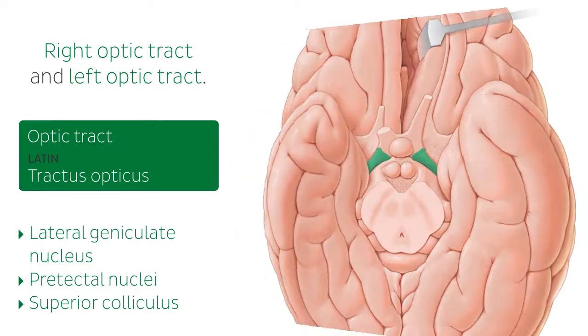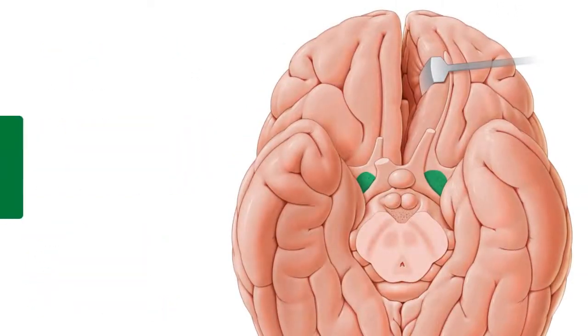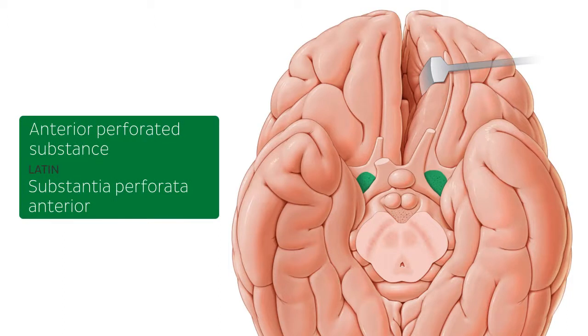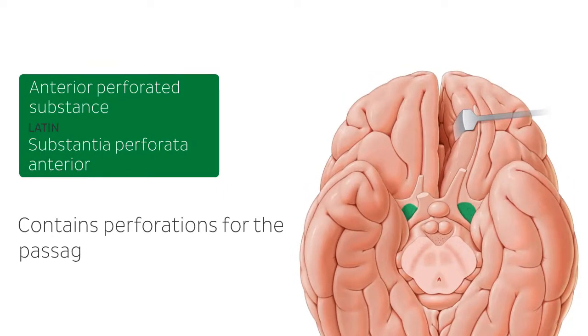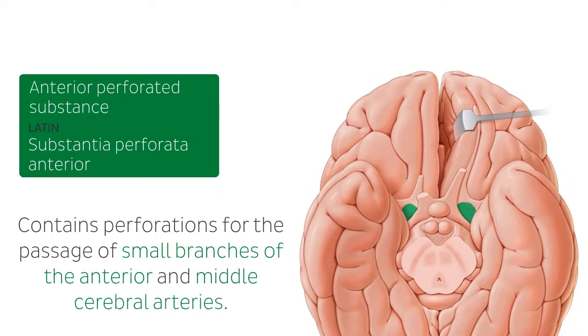The next structure we're going to be highlighting is known as the anterior perforated substance. Lateral to the optic chiasm and posterior to the olfactory trigone, we see this area here highlighted in green, which is the anterior perforated substance. This is how we call it, and it contains perforations for the passage of small branches of the anterior and